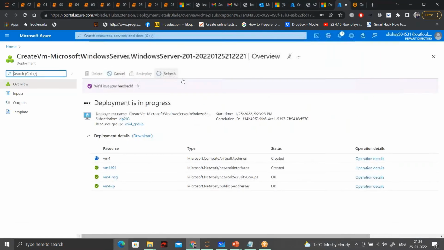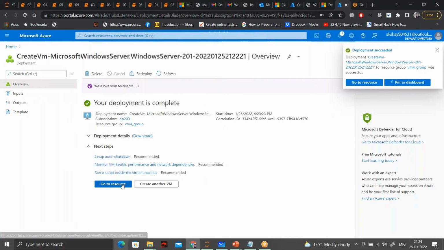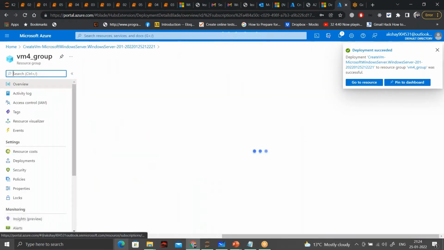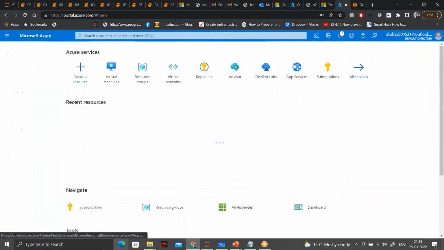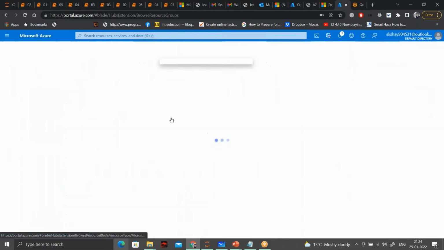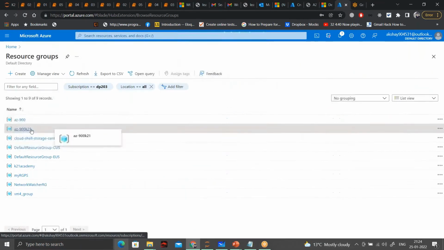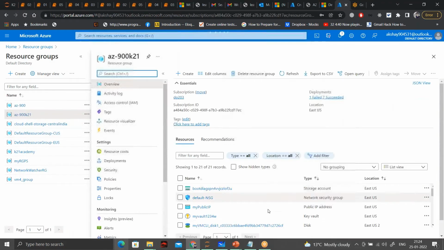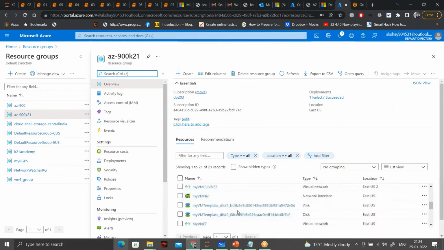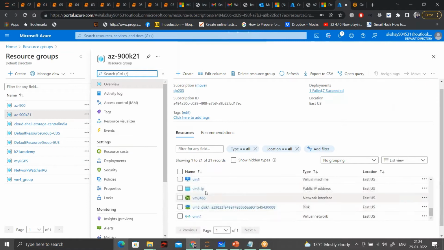Okay, so this is still creating. Meanwhile, let me go to the resource group. Should be in the K21. Yeah, so we have VM3. Let me just sort it by the type of.